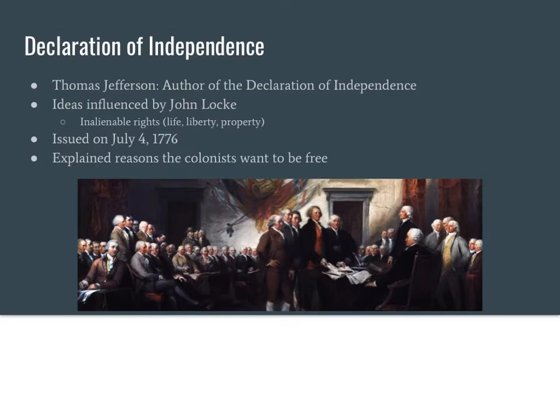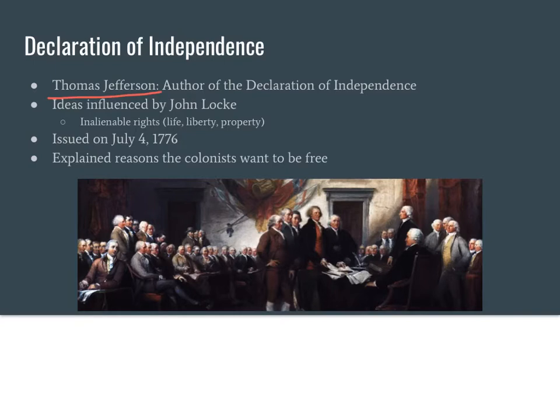And the author was Thomas Jefferson, who would become president later. But first he was a member of the Congress, and he was author of the Declaration of Independence. And in this declaration, it pulls out some ideals that were earlier espoused by a man named John Locke, philosopher. And the Declaration of Independence pulls out that